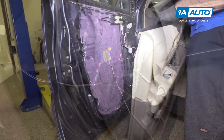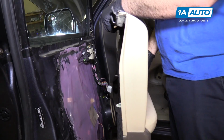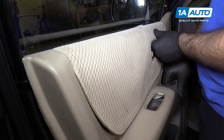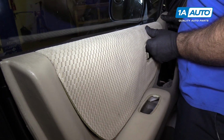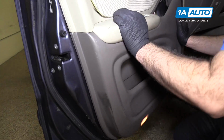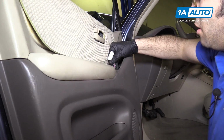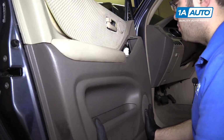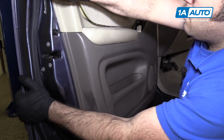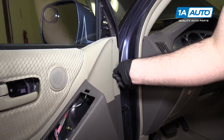There we go. Top of the door panel is kind of curved. It's going to hook over the metal frame. So we're going to start by going up in here. It doesn't matter if the window is up or down. Hang it over it, and then we'll get it in place. Make sure that your master window switch harness is accessible. And now we can push it in place on the clips. They'll snap into place. Just go around the door, push them in place, put a push clip back in,